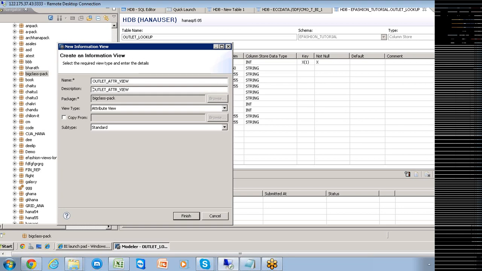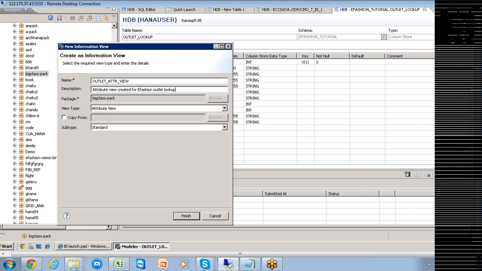The description is required, you can change the description. Attribute view. Outlet lookup. Okay, create this one.